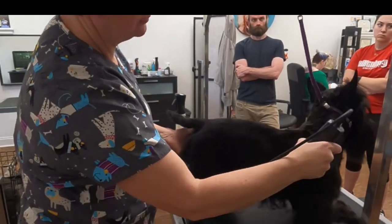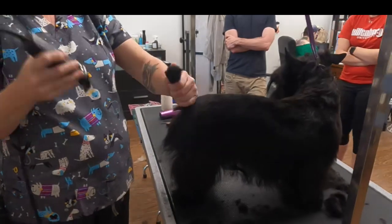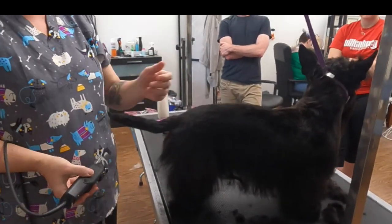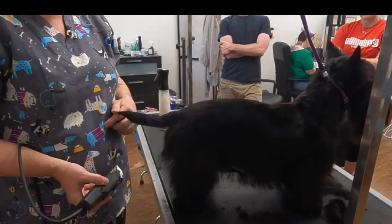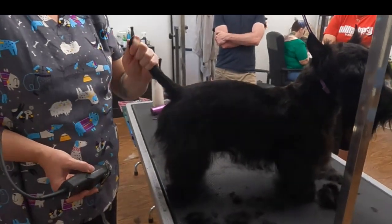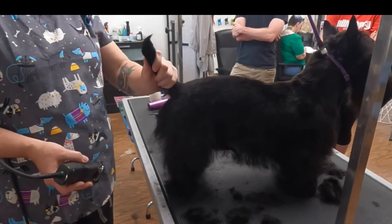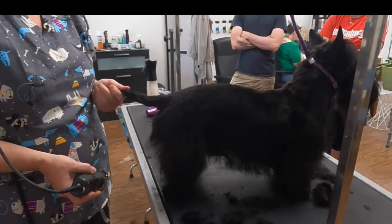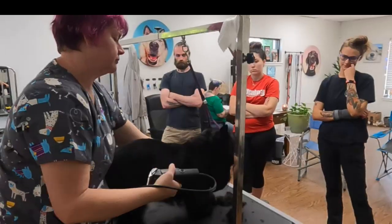Not normally a 7 underneath? With her, I can't because it'll take off too much booty hair. But if I do a 7 on the body, I'll do a 7 on the top and the bottom of the tail. Really, technically, their tail shouldn't be shorter than about a 5 blade. Especially, he's got a good tail, but his brother's is short and skinny. And if I did that, he'd have a short, skinny tail that didn't look correct. So you have to kind of